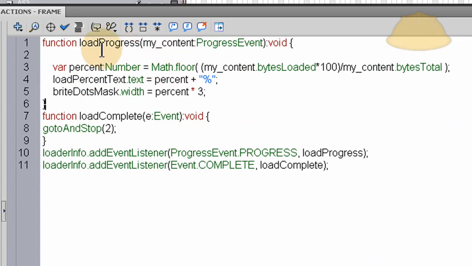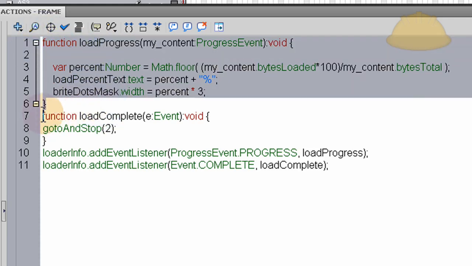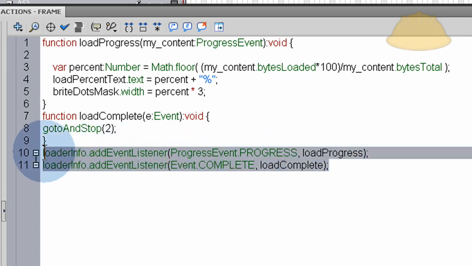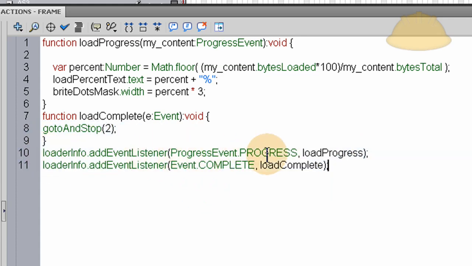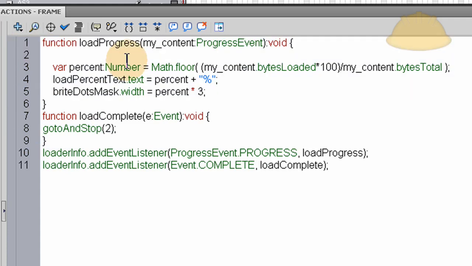So what's going to happen is there's a function here and then a function here. You can see this one's called loadComplete and this one's called loadProgress. And here are the two listeners that enable those functions to fire off. There's an event listener for the progress and an event listener for the complete. So here are the two mechanisms that run for those listeners. So in this function we